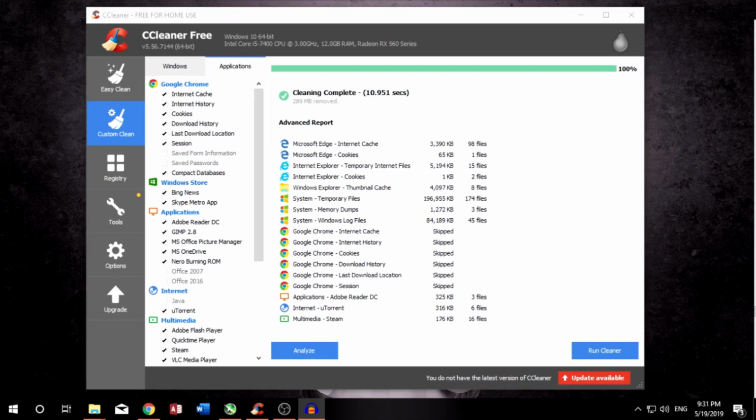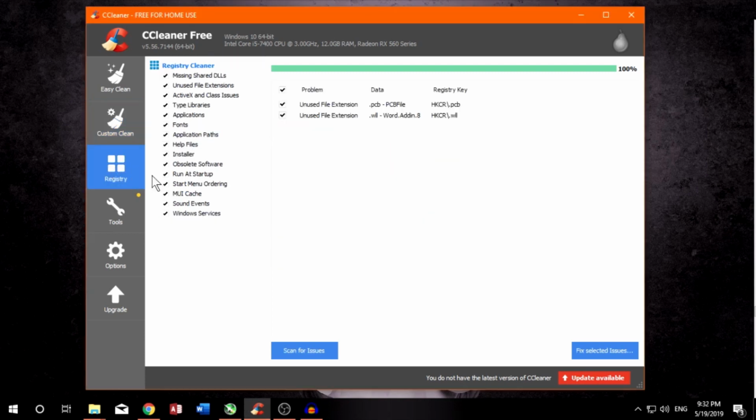Once you've completed cleaning up your browsers, you can move on to the Registry tab. This one's relatively straightforward, and from here you just want to make sure everything is checked here on the left, and then just go down to Scan for Issues. Click on that, and once the scan is complete,